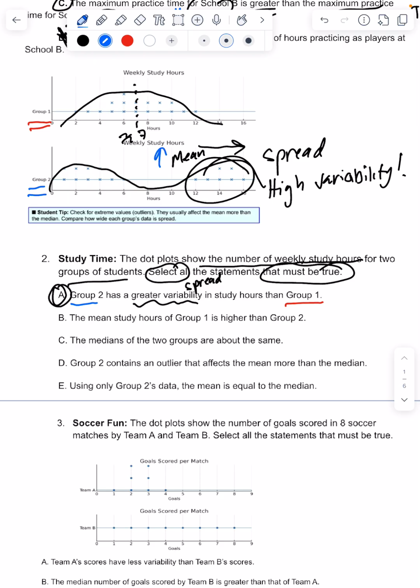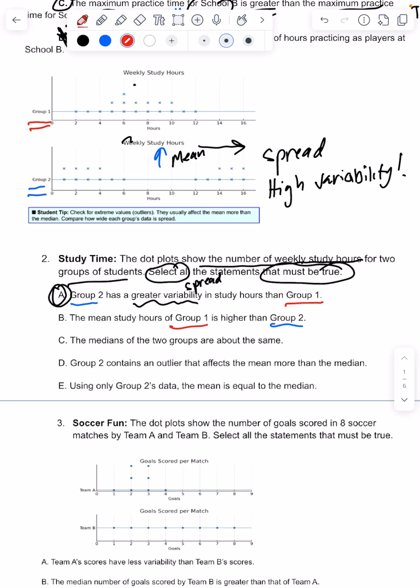So in this case, it says the mean for group 1 is greater than for group 2. In this case, we could also calculate every single one of these values, right? I know that the mean for group 2 will actually be higher. But if you wanted to calculate and confirm, which is always a great idea,